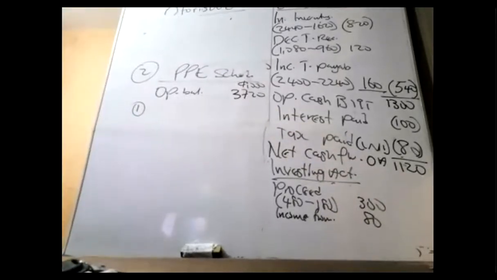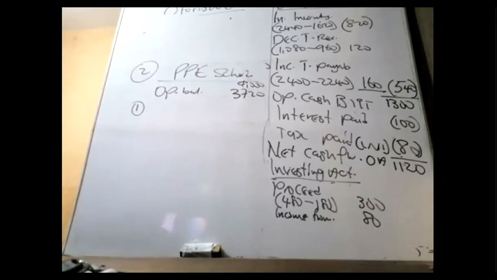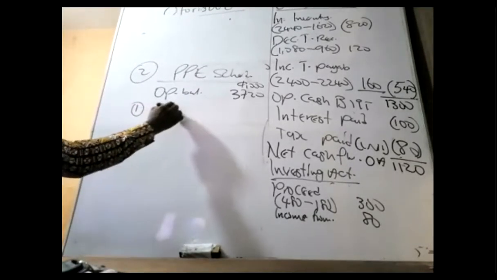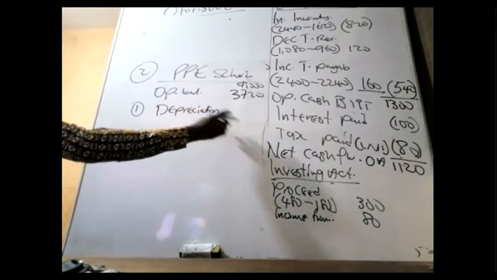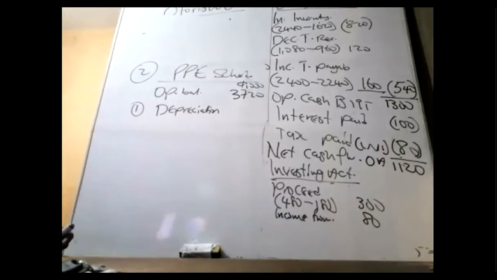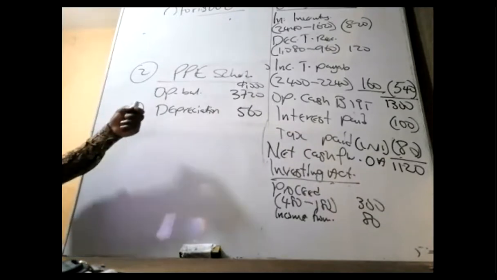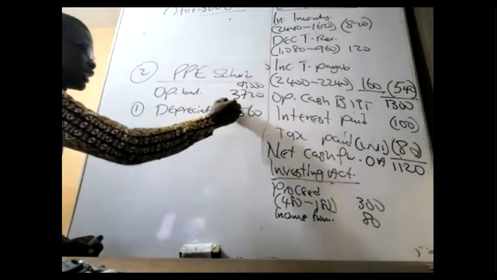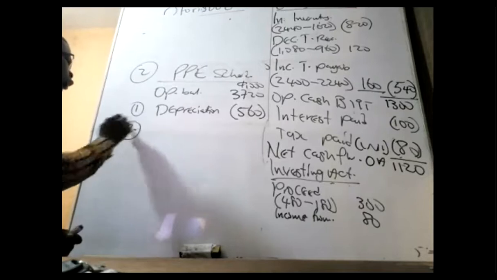After recording the opening balance, relax for a while and come back again. Ask yourself the following. Number 1, is there a depreciation charge? The first item, depreciation. By now, we have gotten it already. Depreciation is 560. Will it reduce or increase? In fact, they have subtracted, so let's also subtract it. Depreciation is subtracted from the asset value. We don't add.